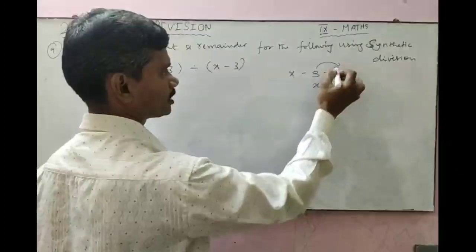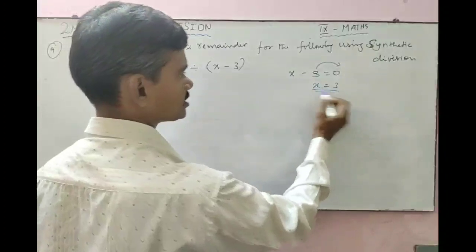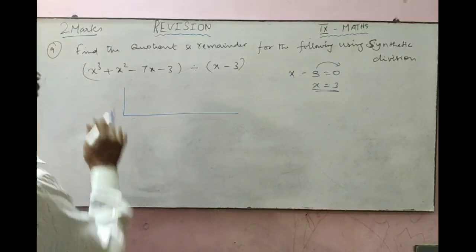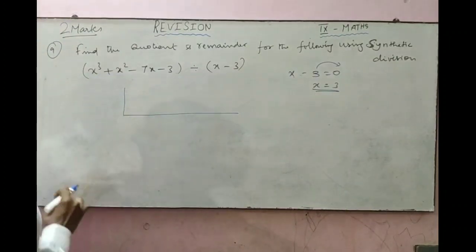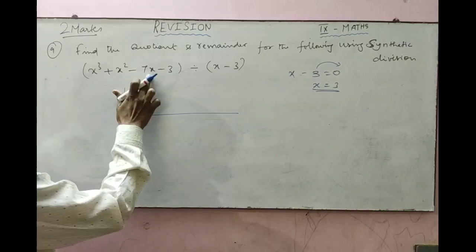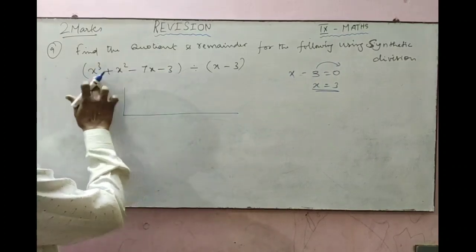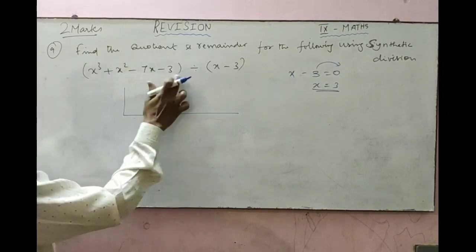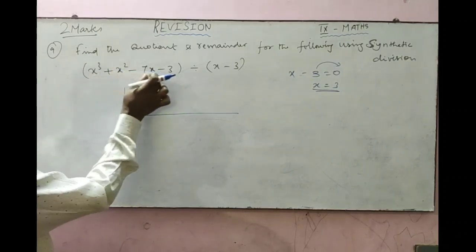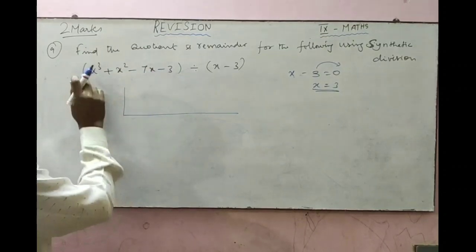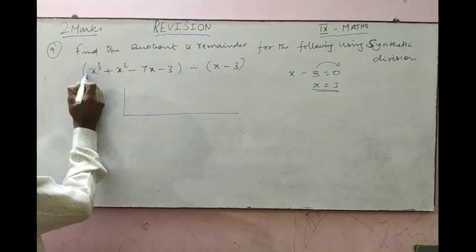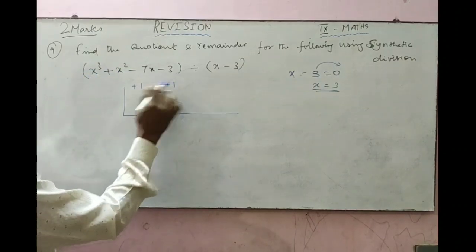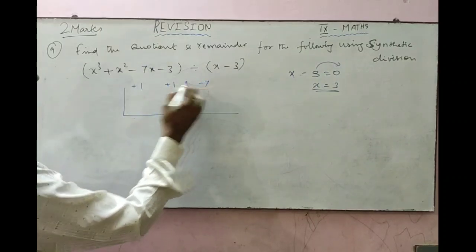So minus 3 அங்க கொண்டு போனீங்கன்னா 0 some side right side ல x is equal to 3 அப்படினு கிடைக்கும். So keep that 3 as it is. Now check the polynomial x cube plus x square minus 7x minus 3. எல்லா terms இருக்கான்னு பார்க்கணும். x cube term, x square term, x term, constant term. All the terms are here. Just I am going to take the coefficient of these terms and the constant. X cube உடைய coefficient இங்க என்ன இருக்கிறதா அர்த்தம் 1. So plus 1. Here also plus 1. Gap விட்டு கொஞ்சம் போட்டுங்க. அடுத்தது minus 7.